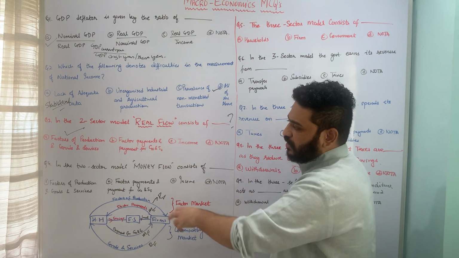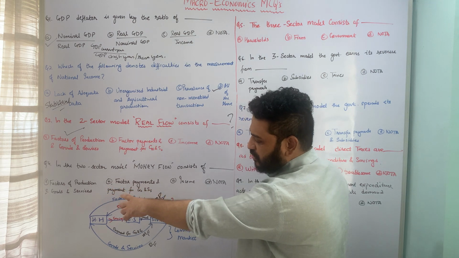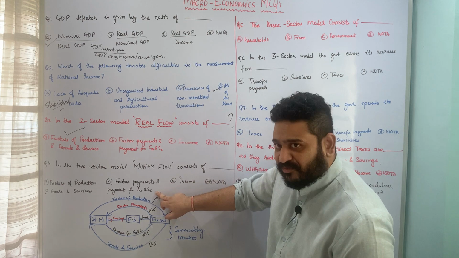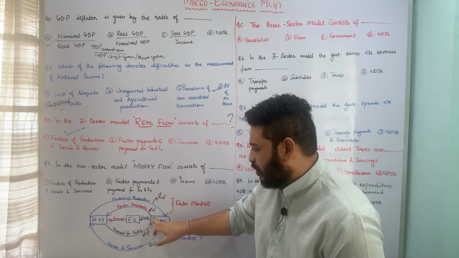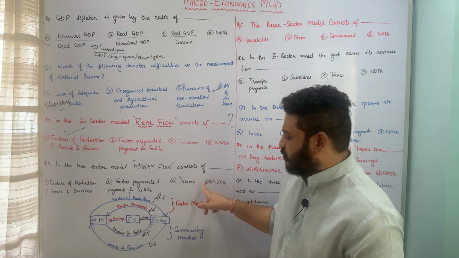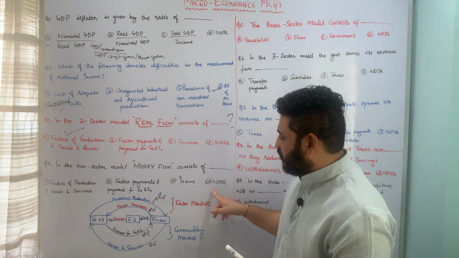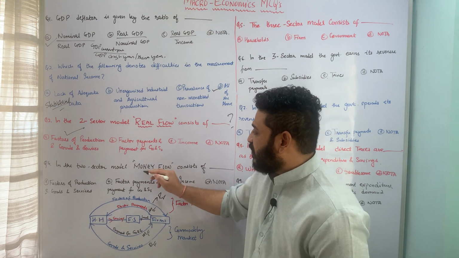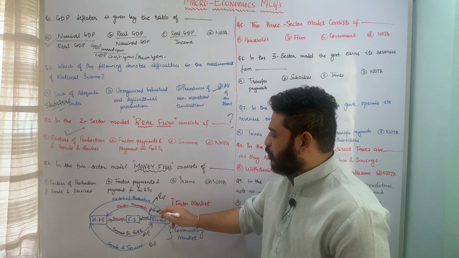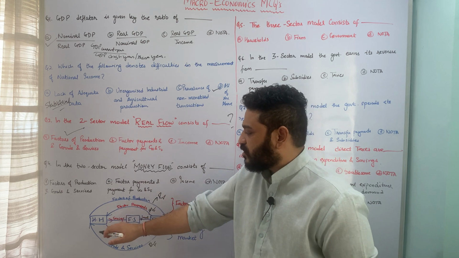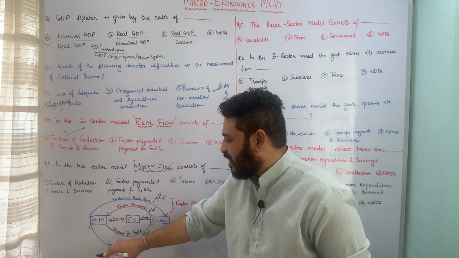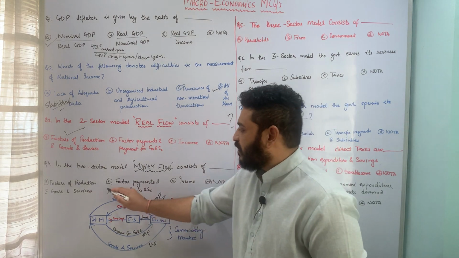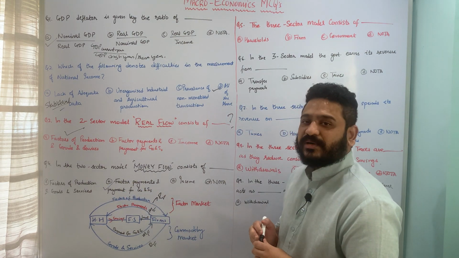So let us look at the underlying option. The first option is factors of production and goods and services. Rather, these are the real flows. Then we have factor payments and payment for goods and services, which is in a sense talking about money flow. Third is income, obsolete, and this again, none of the above, doesn't make sense. So here option B, that means when you look at money flow in the two sector model, you are looking at payment of factors of production moving from the firm to the households, and payment for goods and services which the households consume moving towards the firm, and therefore option B is the correct answer to this particular question.